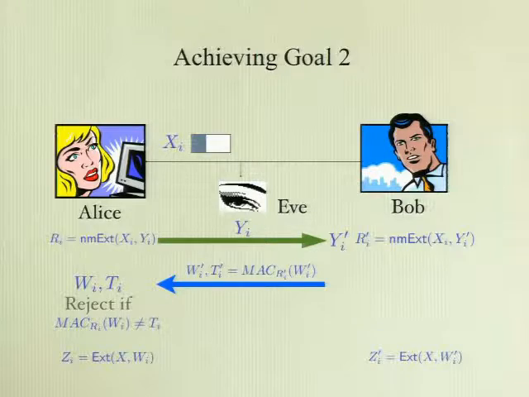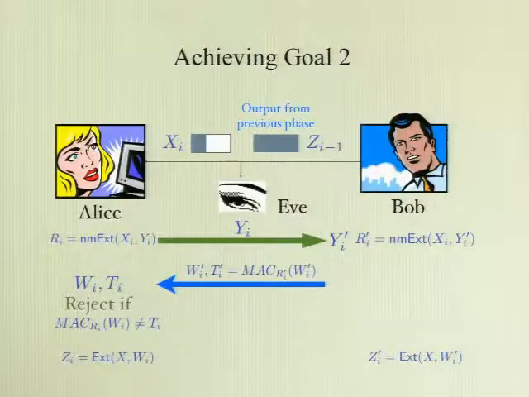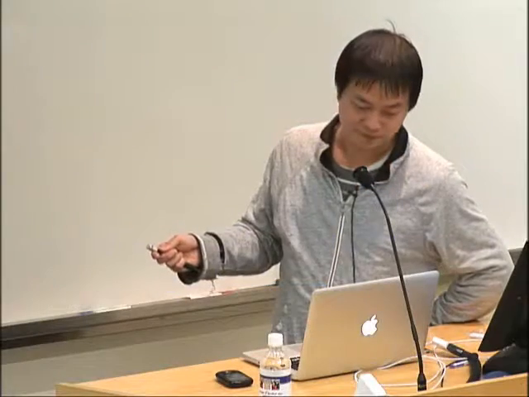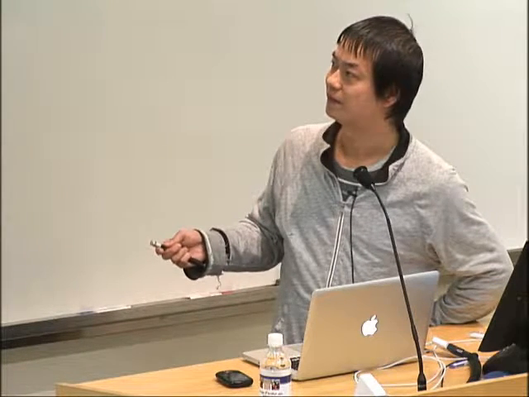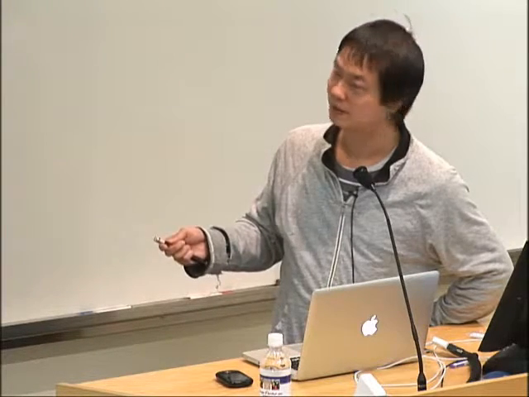Okay, so this is the modified protocol. Again, this is the same two-round protocol. I didn't change anything. Now I'm going to add another thing: the parties have output from the previous phase, z_{i-1}. So this is a phase after the phase of the first good block. The two parties already share some uniform random output from previous rounds, z_{i-1}.